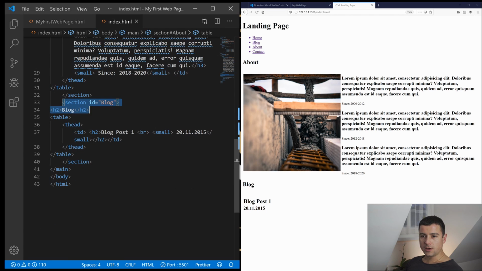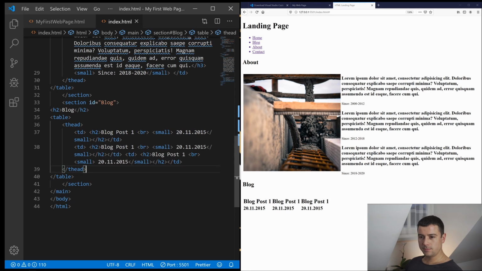Okay, now back into our block section. So you can see this section ends here. We create another TD. Actually, let's just copy this 3 times, and this would be blog post 2, this would be blog post 3, and this should be in 2018 and 19. So we have our 3 blog posts, and underneath our table